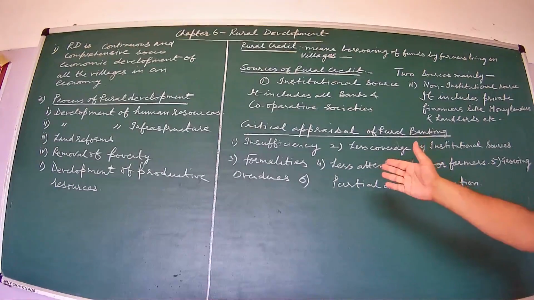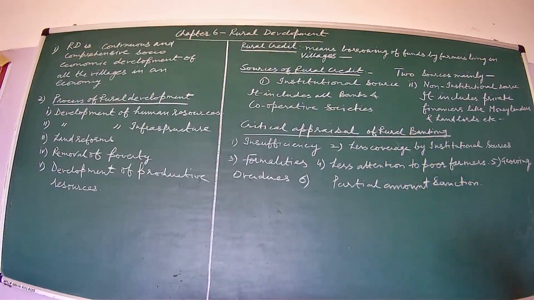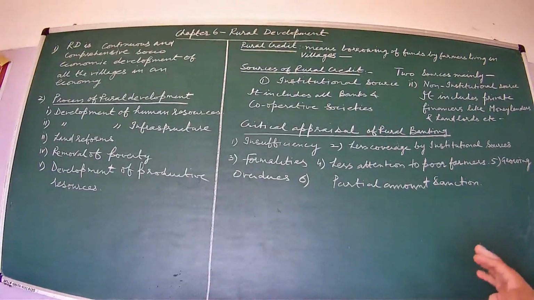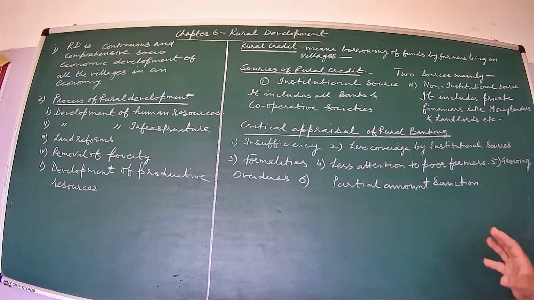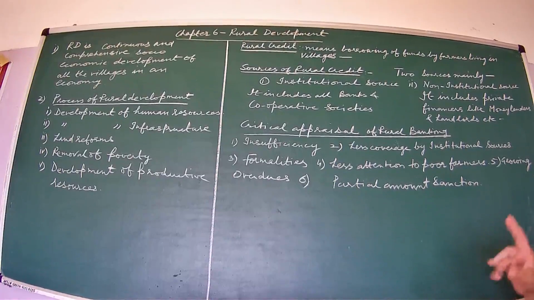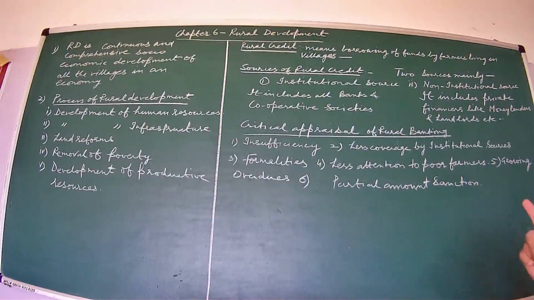I will say the first one, where I will criticize it, I will say insufficiency. The credit facilities available to rural people are very less. They are insufficient in the country still. Still, after 72 years of independence, they are still less. So they should be increased more and more in order to develop